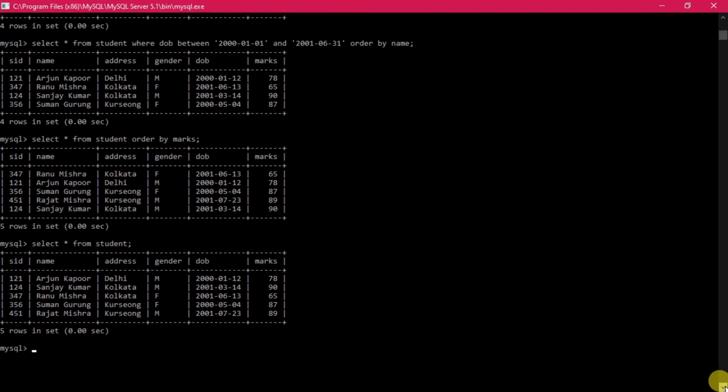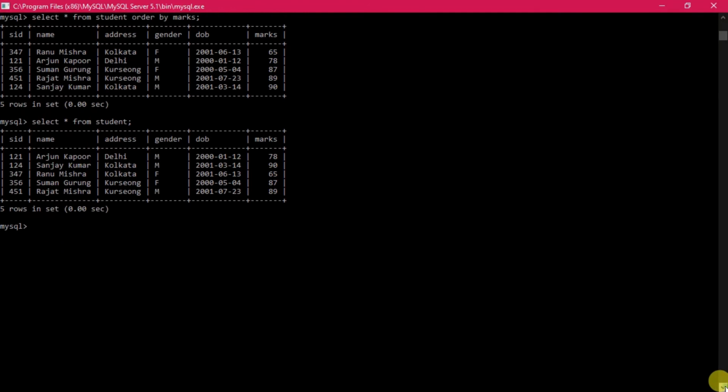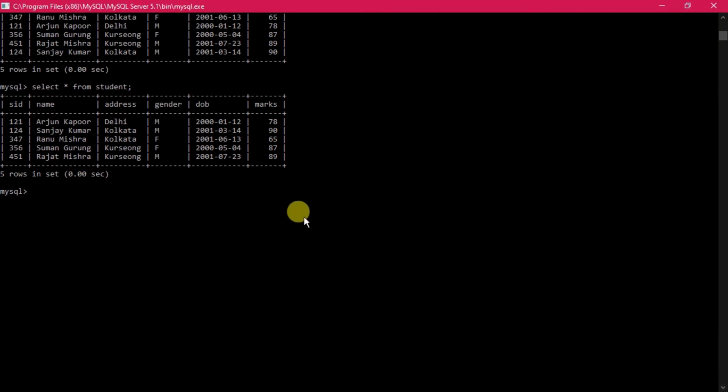So now I will show you the update command. Update command is used for modifying any data in a table. Now you see, here the address will be changed. The command is update table, that means update student set address equals to, instead of Kashiang it will be Kalimpong.